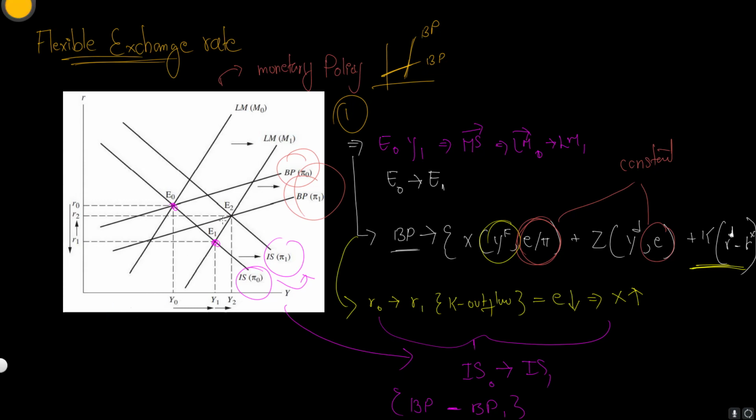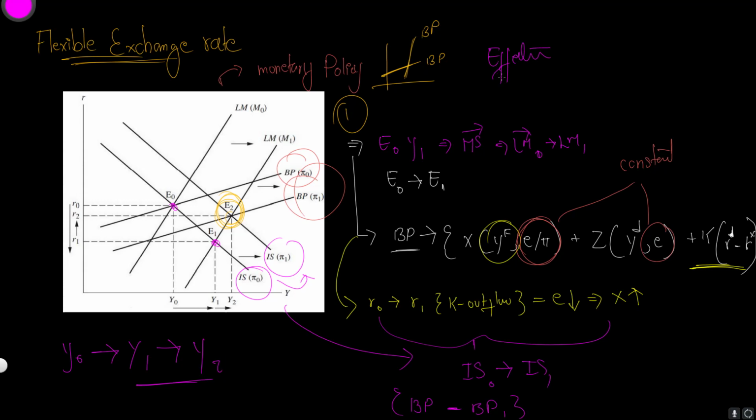equilibrium output of E2, where we go from y0 all the way to y1, and then from y1 we move all the way to y2 because of the shift in the IS curve and the shift in the BP curve. And this would create a new equilibrium output in the economy. As you can see, this is going to be a very effective